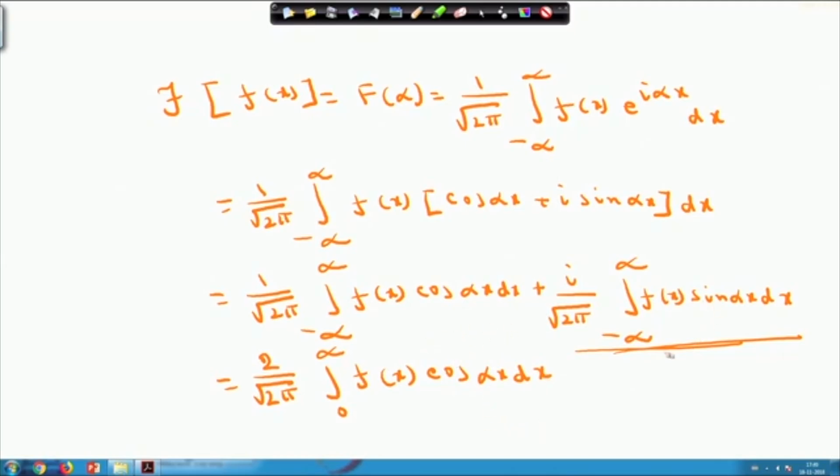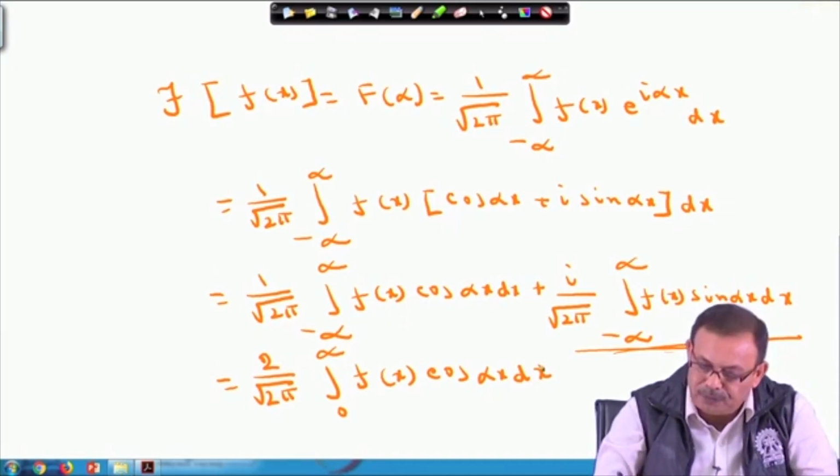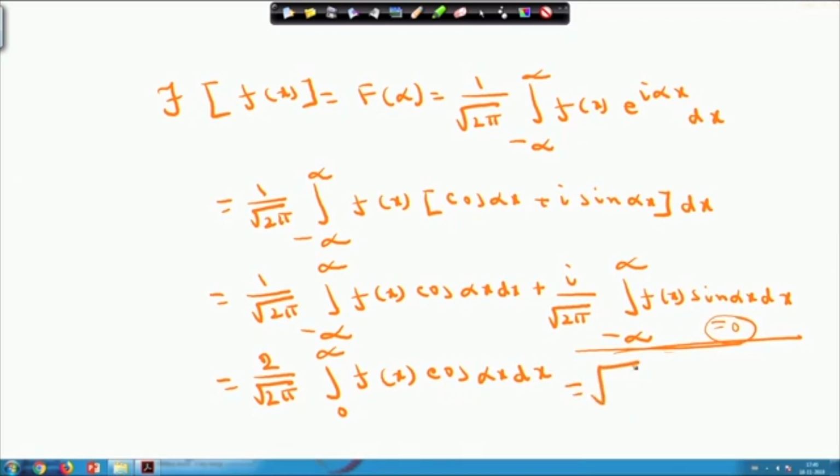Please note, for the odd function this second integral will be equal to 0, and since this is even, we can write 2 into 0 to infinity. So, I am getting 2 by root 2 pi, which I can write as root over 2 by pi, 0 to infinity f x cos alpha x dx, and this is nothing but the